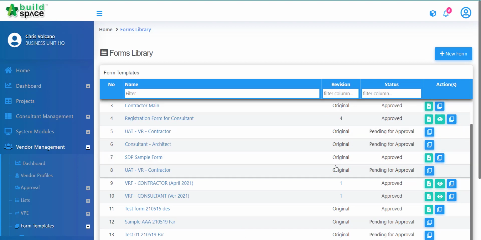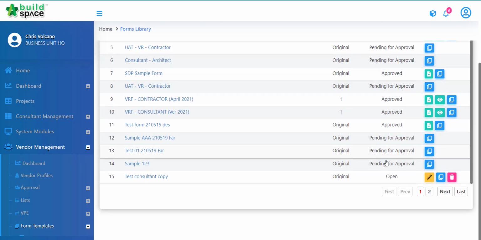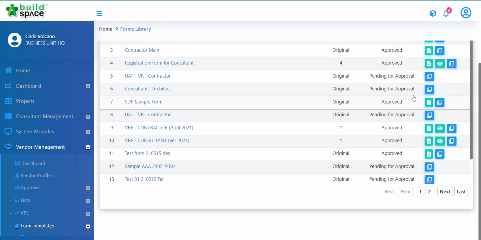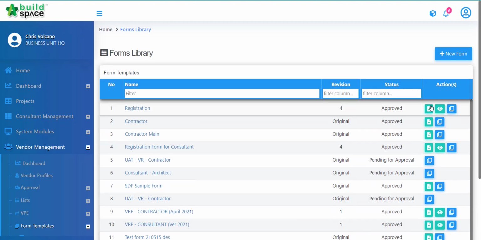And then you can also see the revision, whether it's an original or a revision, and also the status, whether it's approved, pending for approval, or even open. Under the action button here, we have the add display over here indicating new revision. To create a new revision, this I button is to view previous revision forms, and then we have the clone form over here, right? So if you want to create a new template, we just click at new form,